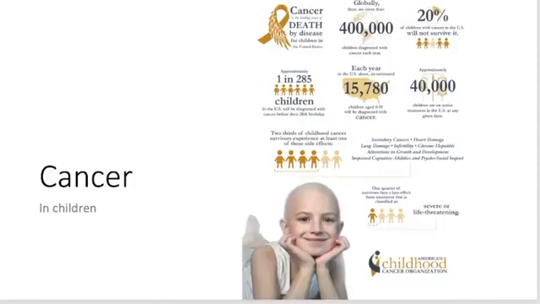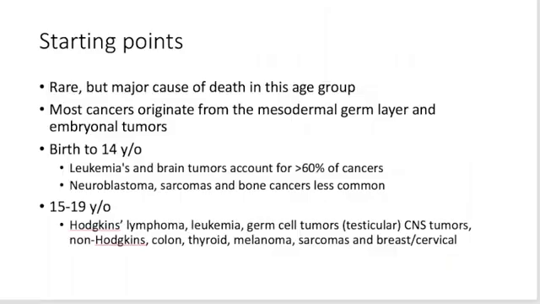Cancer in children and adolescents is actually rare, but it is still a leading cause of death. Remember, accidents was number 1, cancer was number 2. The 5-year survival rate of children and adolescents with cancer has improved from 59% up to 85% today. So we've gotten a lot better about treating and curing and doing well with this.